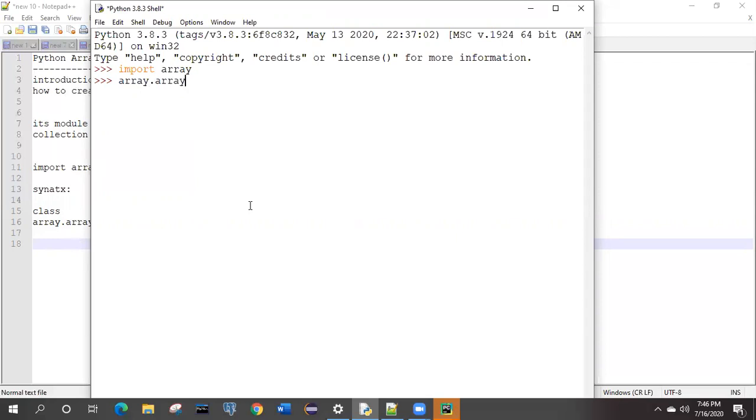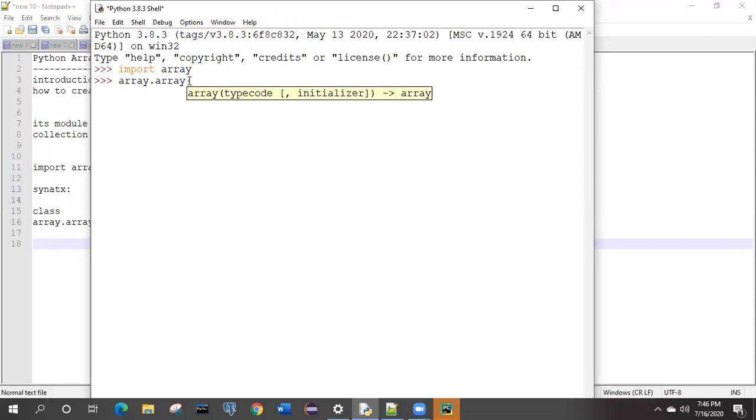Array dot array, and inside that, if you click over here, it will give you the details of this one. It is asking for a type code and the initialization. So what could be the type code?